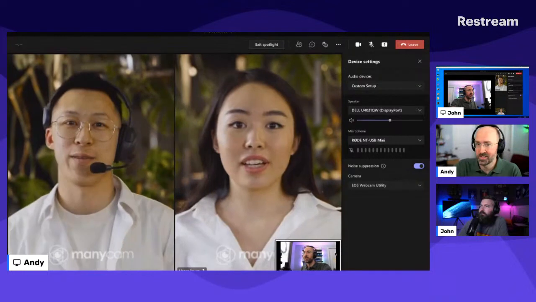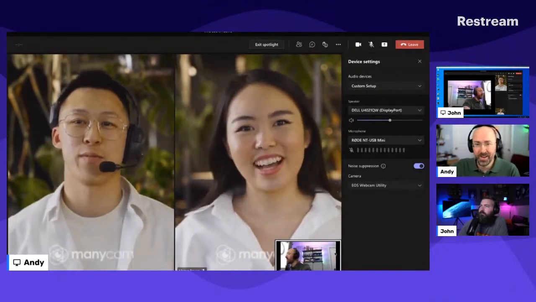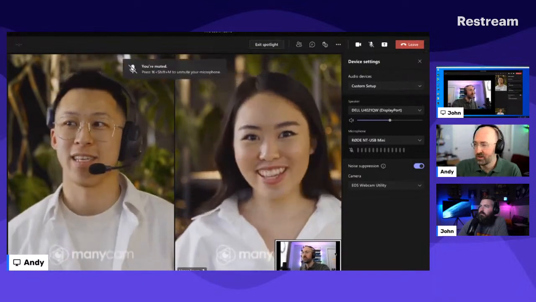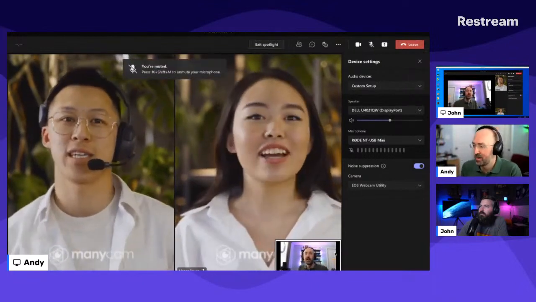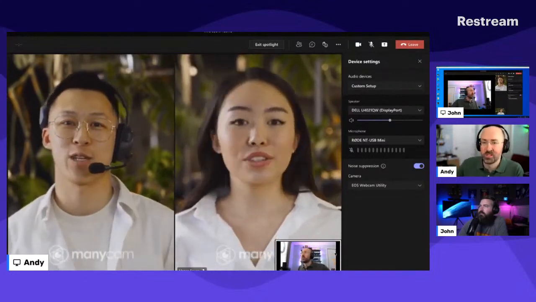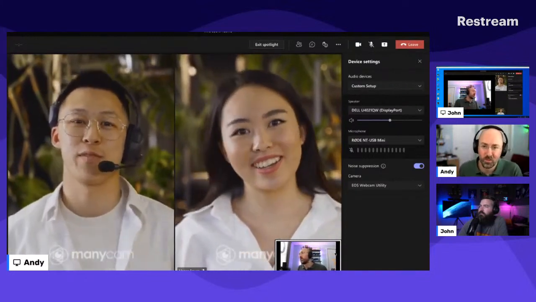I've actually had a camera on a slider, so I could slide it out of the way when I didn't need it anymore, and then I could slide it back because it was where I had it positioned for eye level. It was right in front of my monitor, so I'd slide it out of the way whenever it was over. I think you saw that in a tweet or something one time, and you asked me about it.